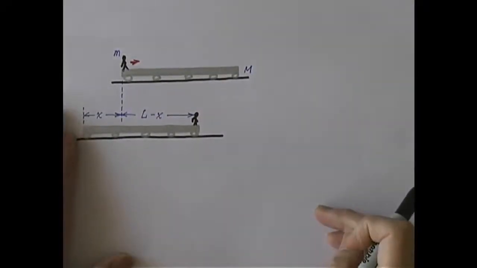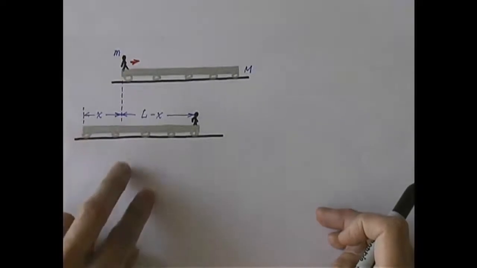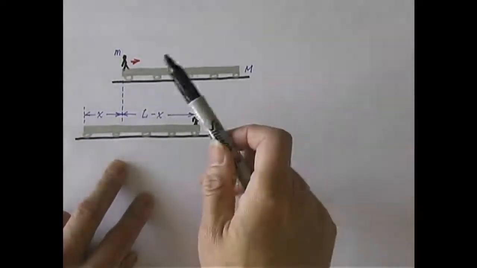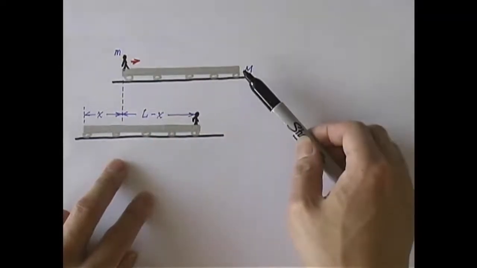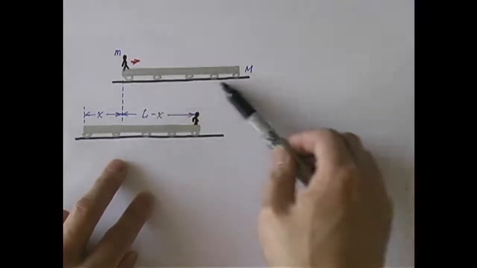Now let's look at a sample problem involving the concept of the center of mass and the conservation of linear momentum. In fact, these two things are somewhat related. That's why we put them in the same chapter. Imagine a flatbed car that can roll back and forth on a frictionless horizontal track.